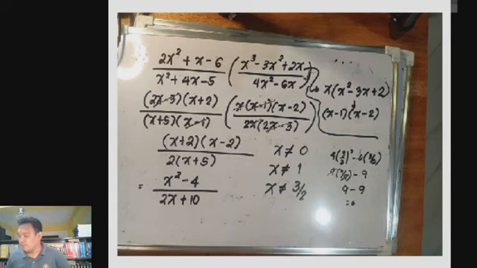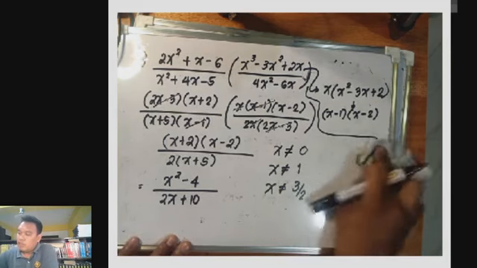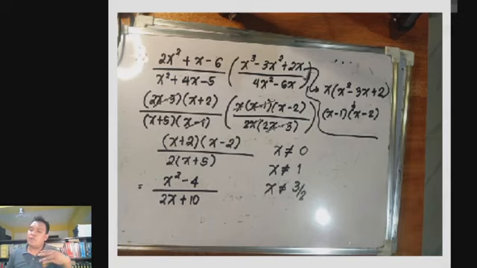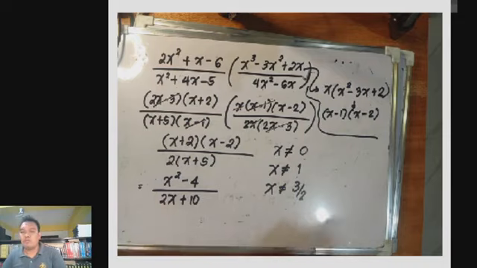So lalabas, the value of the domain in number 3, the rational expression in number 3, will be the set of all real numbers except that x should not be equal to 0, x should not be equal to 1, and x should not be equal to 3 over 2. Okay? So for number 4, we have